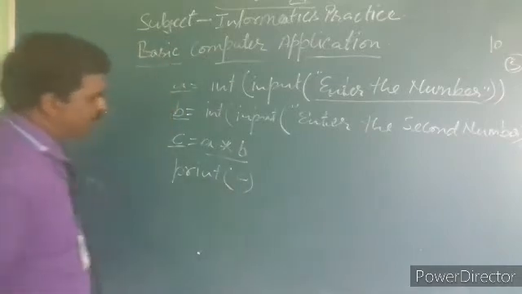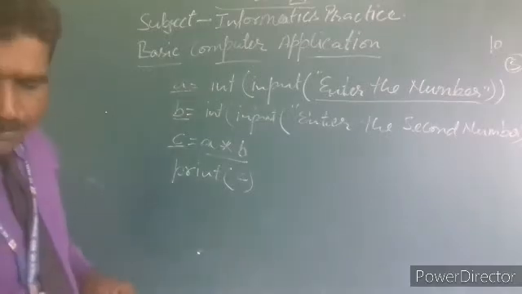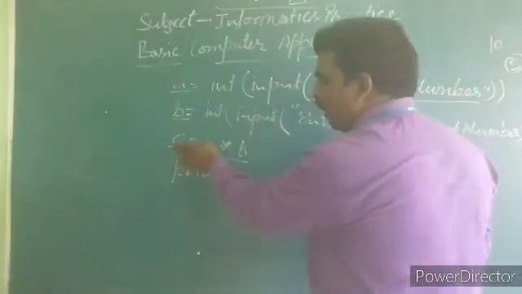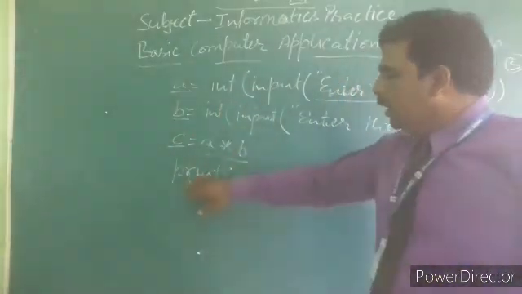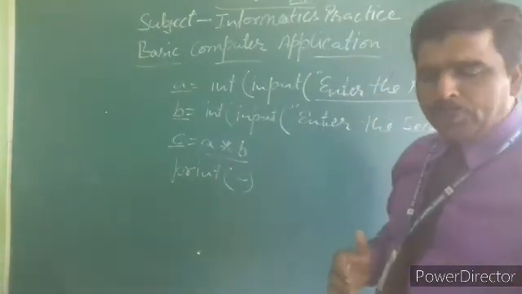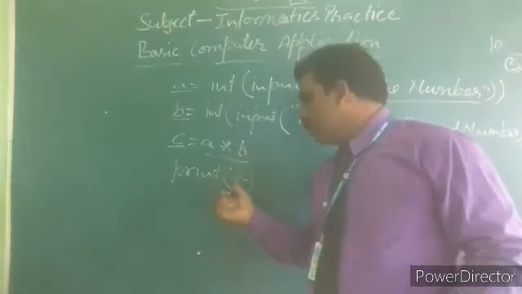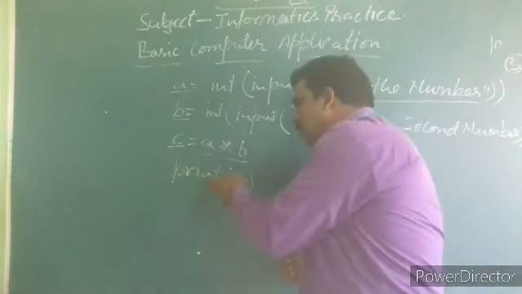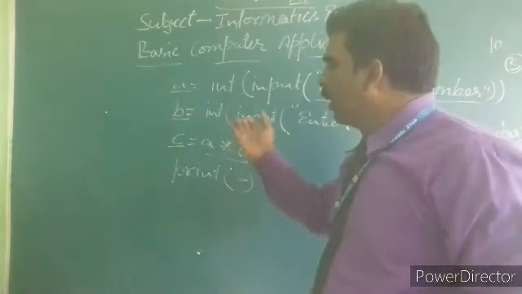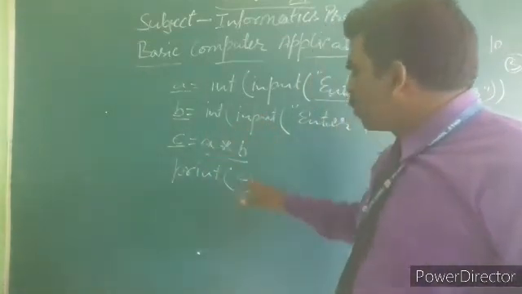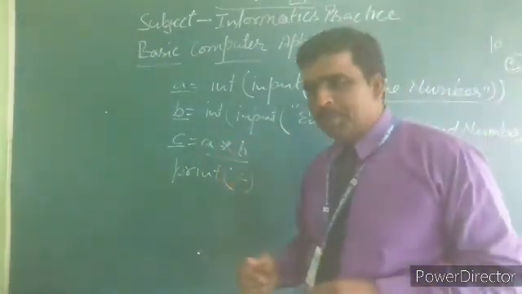So here we are displaying the output. In this program, whatever value you get as the multiplication will be stored in C. Here print is that type of statement through which you can display the output. With this print statement you take the help of that bag, or that variable. So you take C, and the value of C will be displayed by using this statement.